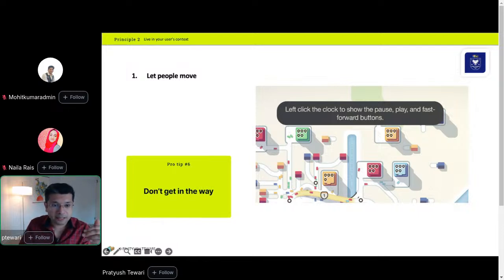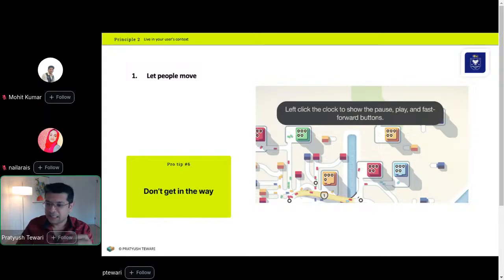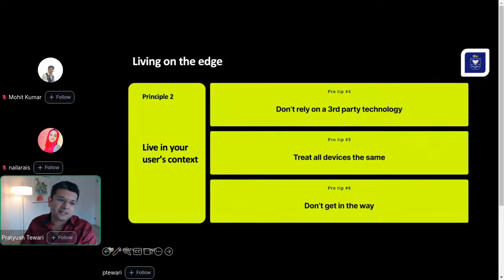In this example, this whole interstitial is basically blocking the access to the system. Here there's a cross button on the top, I'm not showing it, but the user has to click to make it go away. But they're not using any overlay to block the user's UI, so the user will keep clicking on the site imagining that this will go away, and it does not. So it frustrates the users a lot. So please avoid getting in the way of the user itself. Let's look at the next.